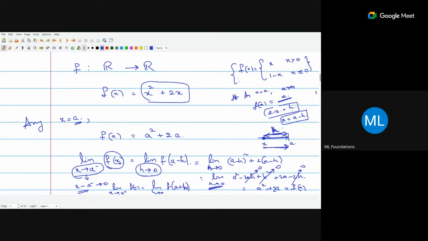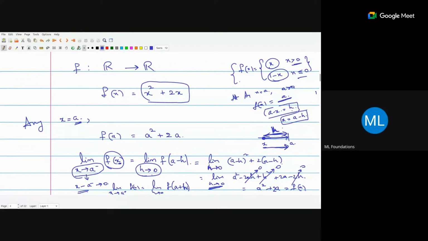Mostly when the functions are piecewise defined, you can take this as a corollary. If the piecewise functions are continuous by themselves, so when I say piecewise functions are continuous, I mean x is continuous and 1 minus x is continuous in these intervals. And we know a few functions which are continuous, like linear functions, polynomials, and exponential functions. So no need to check for them again and again.